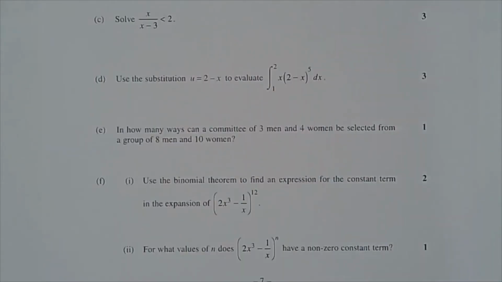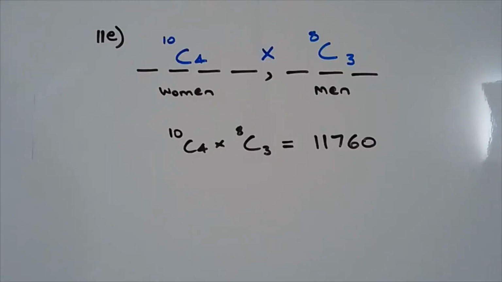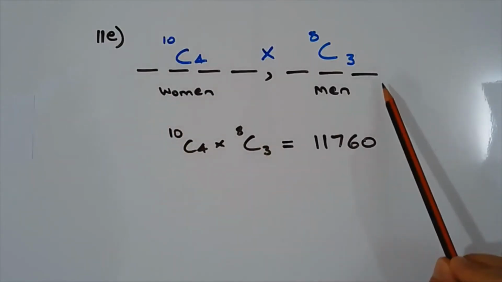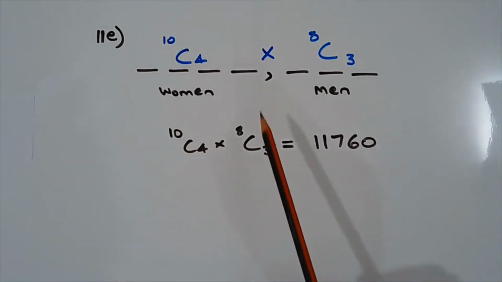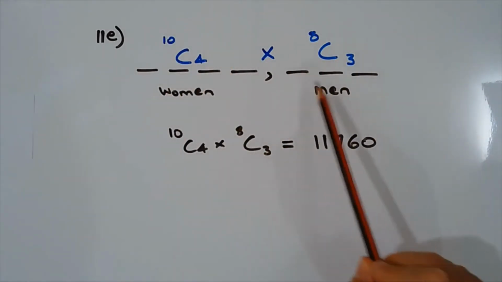Question 11e. In how many ways can a committee of 3 men and 4 women be selected from a group of 8 men and 10 women? Here is a dash diagram to help visualize the situation. There are 7 dashes representing the 7 committee members. Now, the first 4 dashes are taken up by 4 women, and the last 3 dashes are taken up by